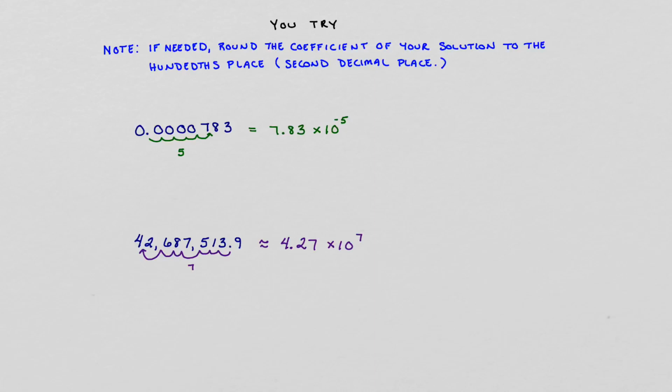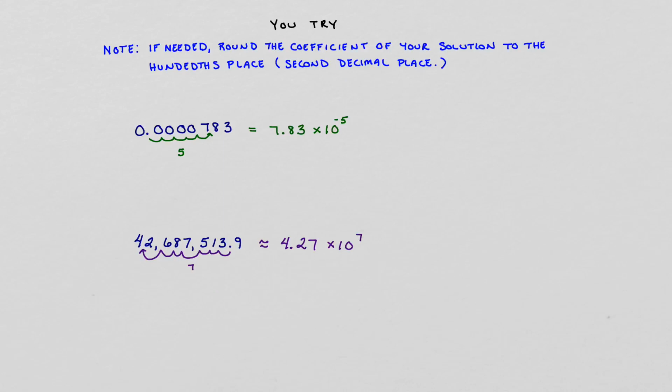So for our first one, we have 783 millionths. We're going to locate where that decimal point is, and we end up moving it 5 spaces to the right. So our final solution here will be 7.83 times 10 to the negative 5th power. For our second number,